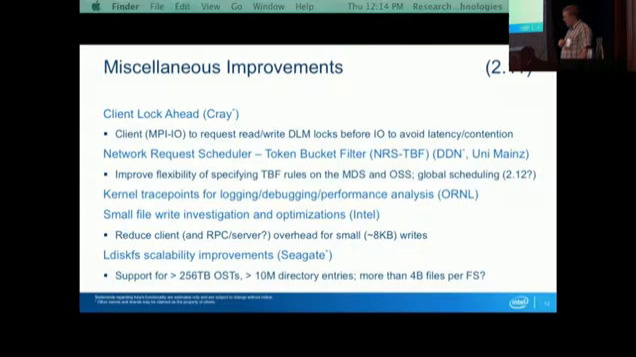Network request scheduler, DDN has had a discussion with the University of Mainz to improve the flexibility and the ability of the servers to manage thousands of requests more efficiently and balance users' demands against each other. James just talked about the trace points,